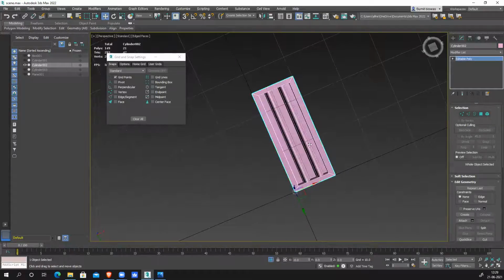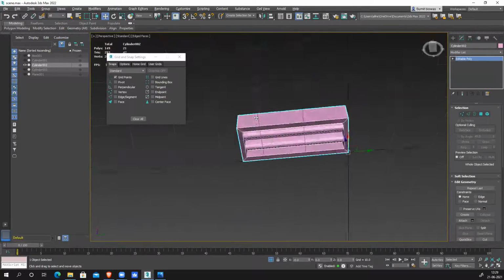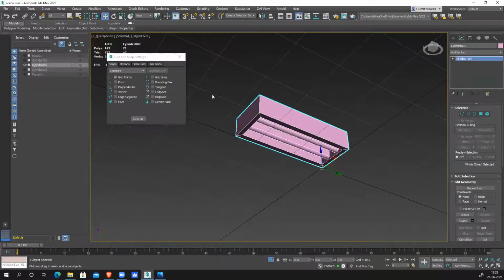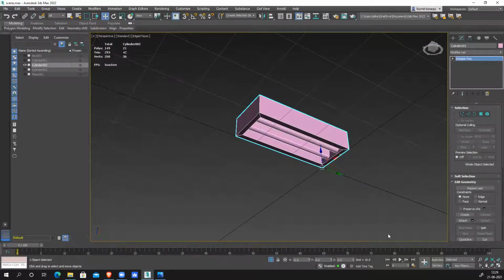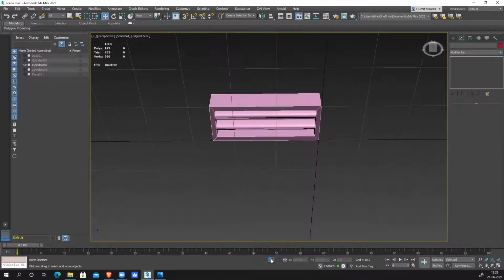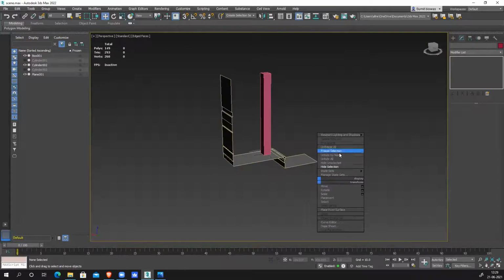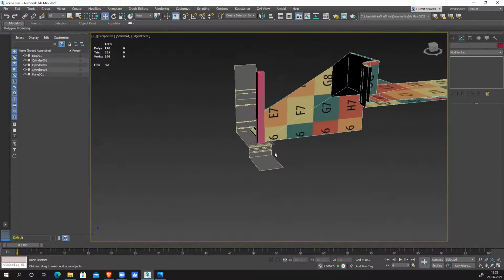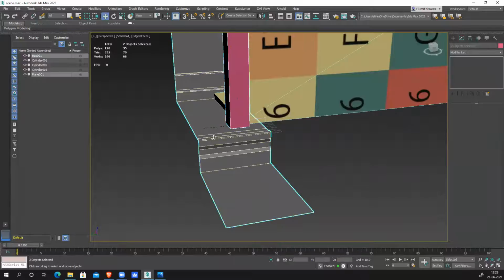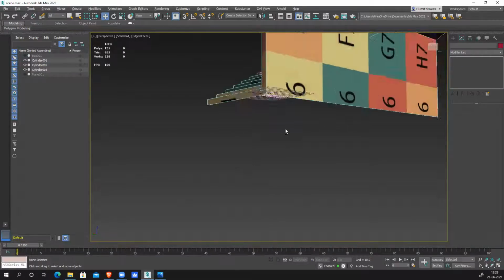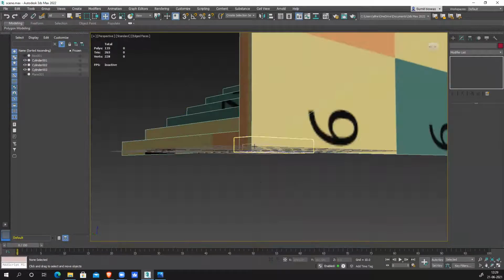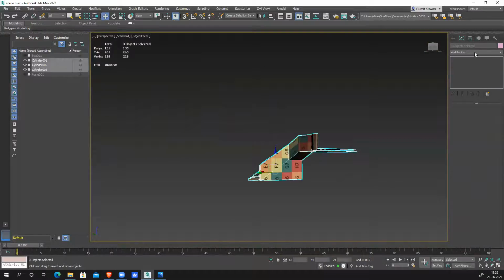Yes, if I want, I can add more details here, but this is a small, tiny part. It won't be visible that much. And this light will glow, so I need those things. Unhide all, hide selection. Now I select all of them, all three of them, apply a UV,